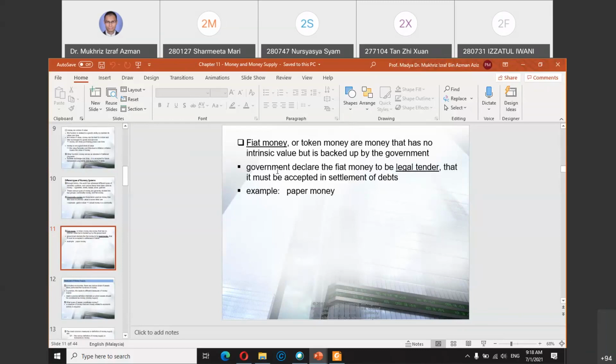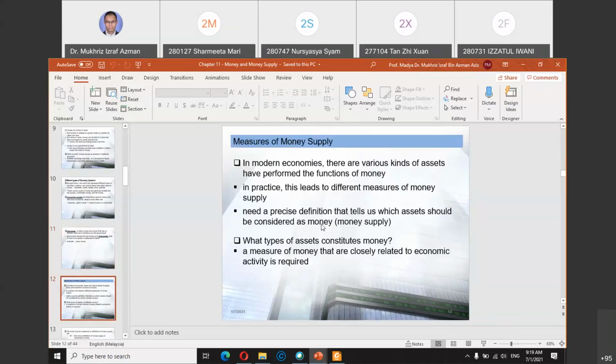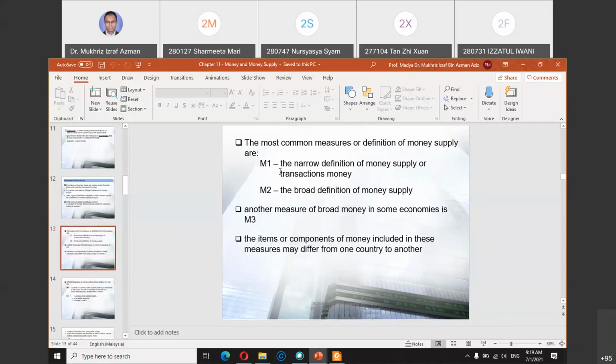The only money that you can use as legal tender is the one issued directly by the central bank, the one that has a serial number. That's why you have fake money or counterfeit money, duit tiruan or duit palsu, because those are not recognized by the central bank, as they are not issued by the legal authority. And just now we mentioned M1, which is the paper money, and then the checks and the traveler's checks.